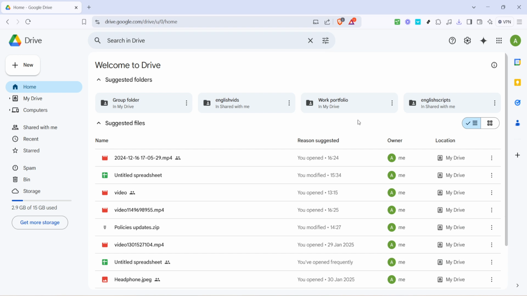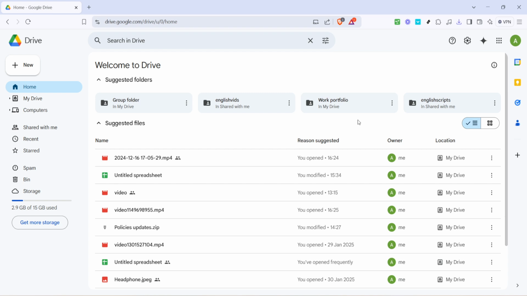Let's get started by heading over to your Google Drive. If you're not already familiar, Google Drive is an immensely useful tool for storing and accessing files anywhere, anytime. Simply head over to the home page by entering the URL in your browser or clicking on the Drive link if you're using Gmail or any other Google service where the Drive icon is visible. Once you're on the Google Drive homepage, you'll be ready to follow along with these steps.